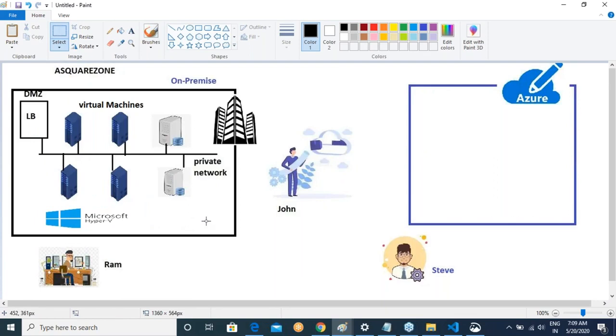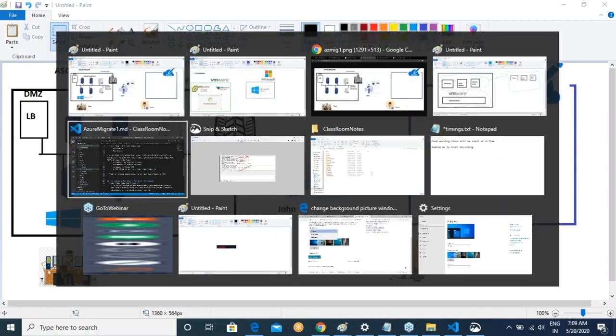So all the servers of your company which you want to migrate are running on Microsoft Hyper-V. So the first migration which we are going to try is